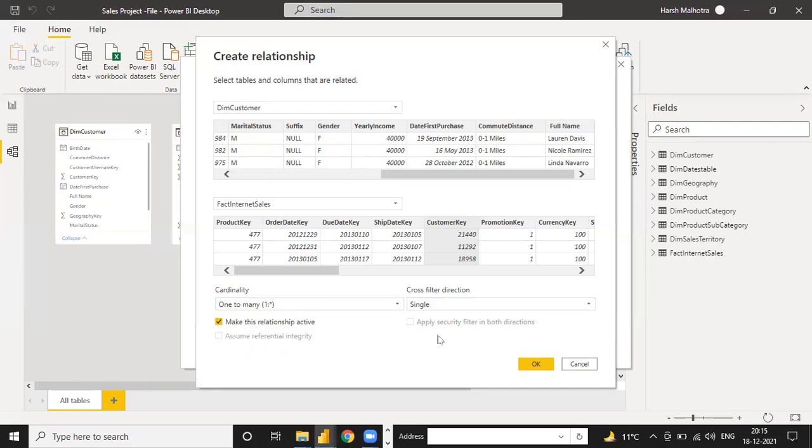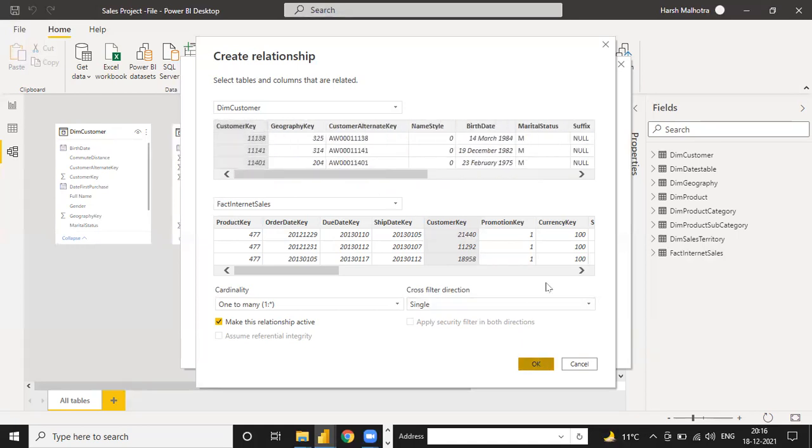Because we cannot use both types of slicer. We are just using one type of slicer only in our Power BI report, because I work on a lot of reports in my company. I always use single cross filter direction, because I don't want cross filter direction. I want a single filter direction in the particular table, either from the dim table or from the fact table. If I choose a filter from the fact table, then only the fact table filters, nothing goes to the dimension table. So here the value is connected automatically, customer key to customer key.